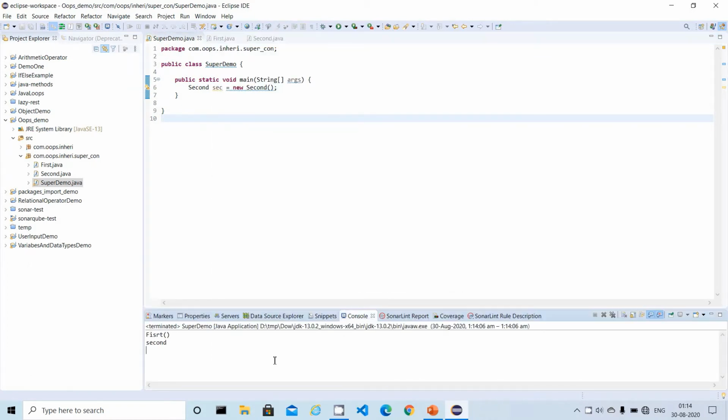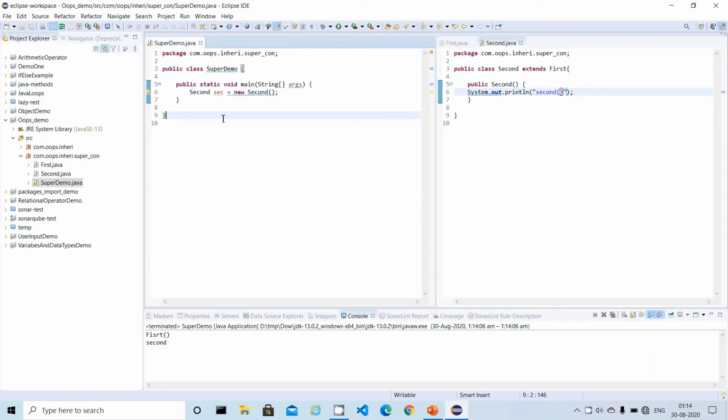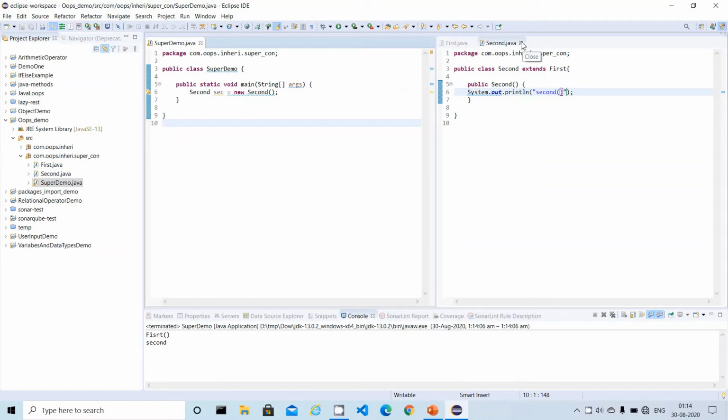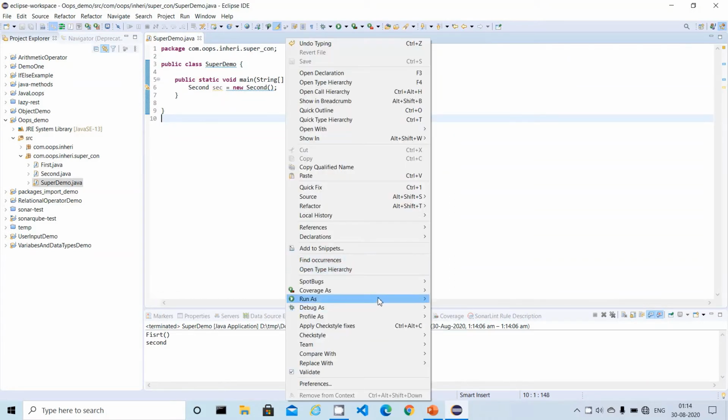Yes, in the subclass I didn't put the bracket. Let me add it and rerun the same program again. You can see the output.